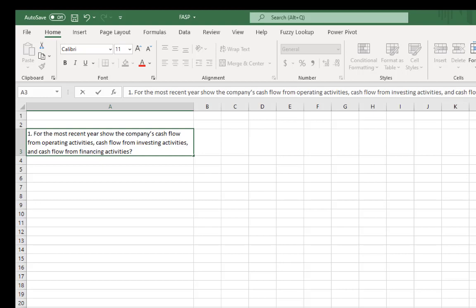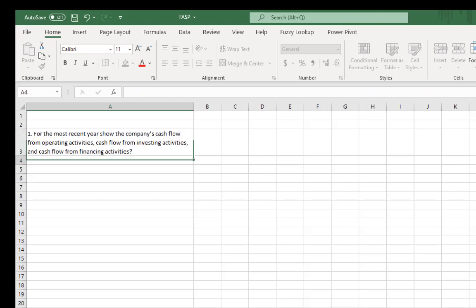on your first column. So the question says, for the most recent year, show the company's cash flow from operating activities, cash flow from investing activities, and cash flow from financing activities. So remember, we are going to name these cells and bring them over with their names. But I know that I'm going to want 3 different numbers. I'm going to want cash flow from operating activities,